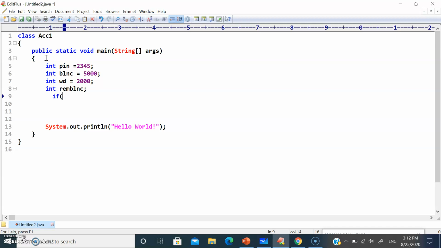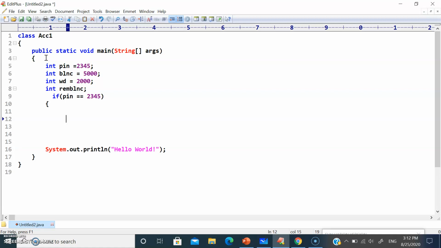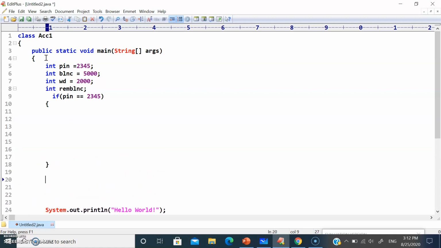First we need to check pin. Pin is equal to 2345. If pin satisfies, so let's write the logic. If the pin satisfies, then it goes for an inner if.